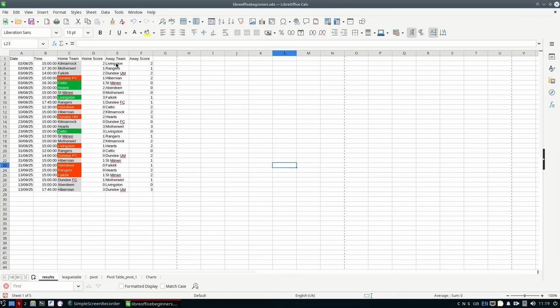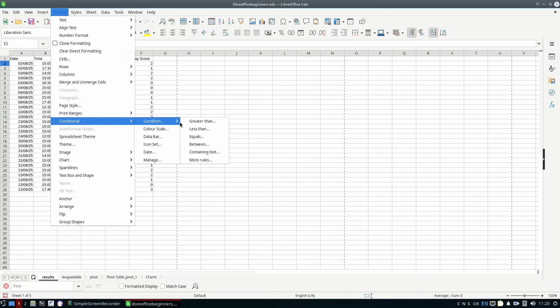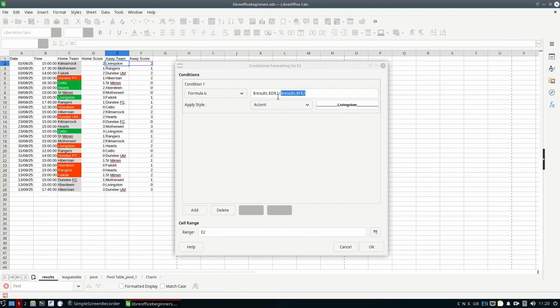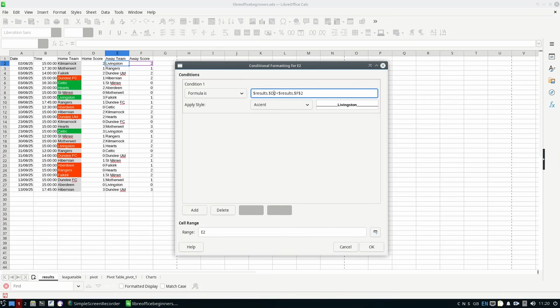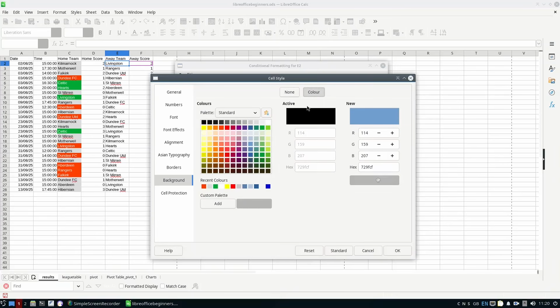So what about the away cells? We want those to change colours as well. So format, conditional, condition, more rules. And it's very similar, but it's the opposite way around to the one before. So what we're going to do is formula is less than this one. And we're going to again take off the $ thing here. We're going to click new style, and we're going to do background color green,